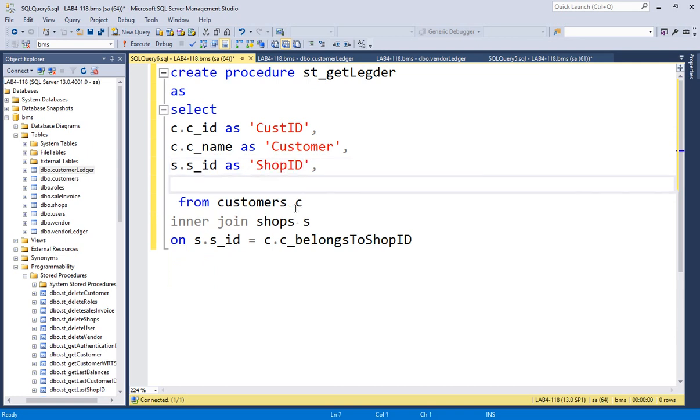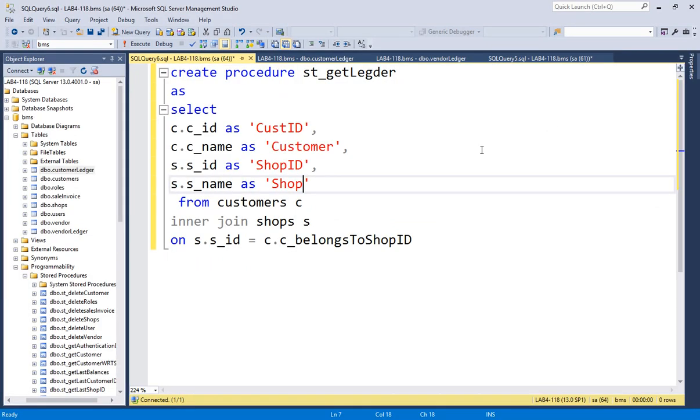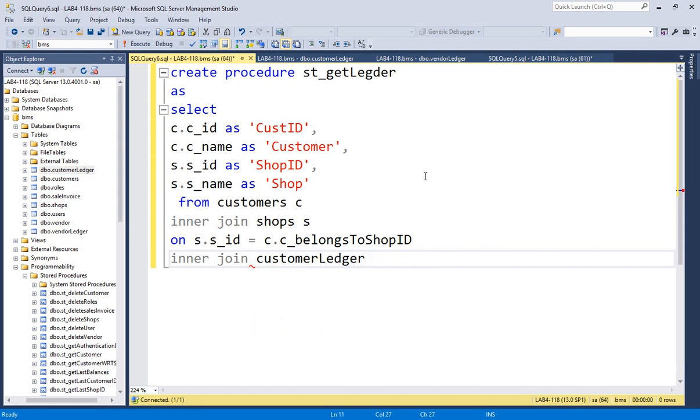Okay, and then you need S dot name as shop, and then what else you want to display here: the details, the date, the amount, the type, the shop, and then the posted by. So for that purpose you have to specify an inner join with respect to the customer ledger CL, and then